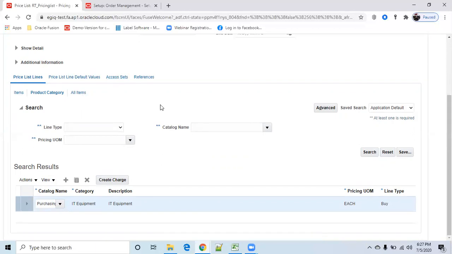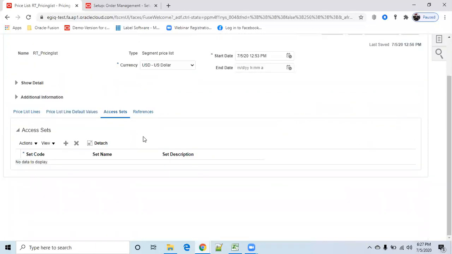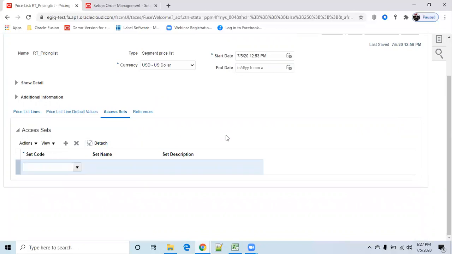Then axis set. Axis set is nothing but whether this pricing is applicable commonly or specific to this pricing list.